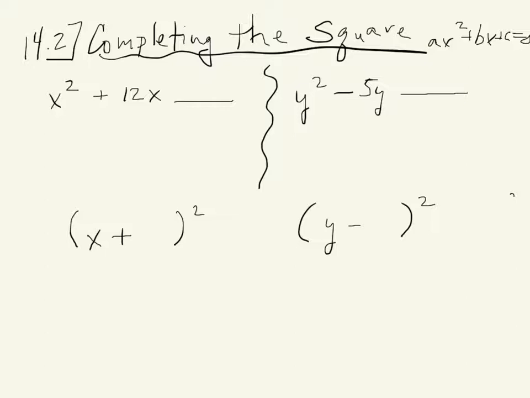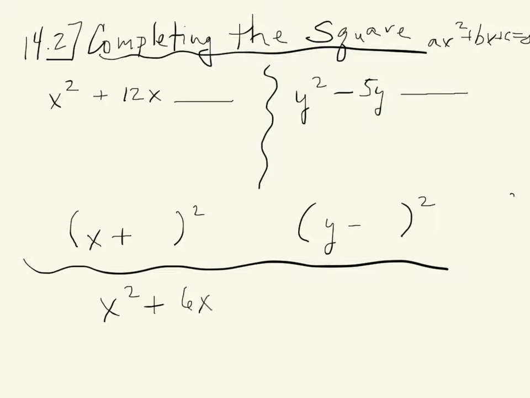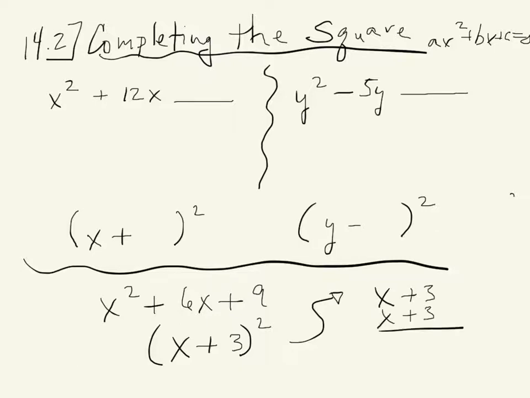square. Now, when we talk about completing the square, we're talking about a perfect square trinomial, like x squared plus 6x plus 9. That's a perfect square trinomial because it factors into x plus 3 squared. You can do your backwards x plus 3, x plus 3. If you can visualize this, x squared plus 3x plus another 3x. Remember that middle term's doubled. The last term is this squared. 3 times 3 is 9. So we eventually get back